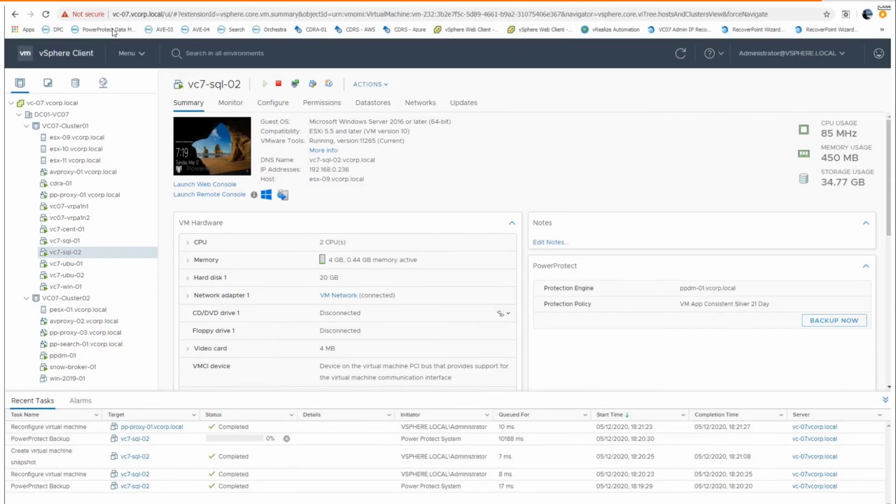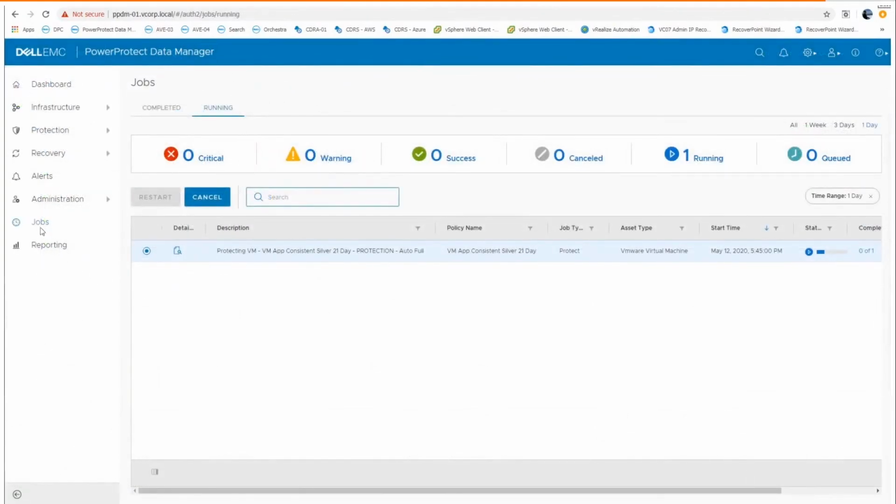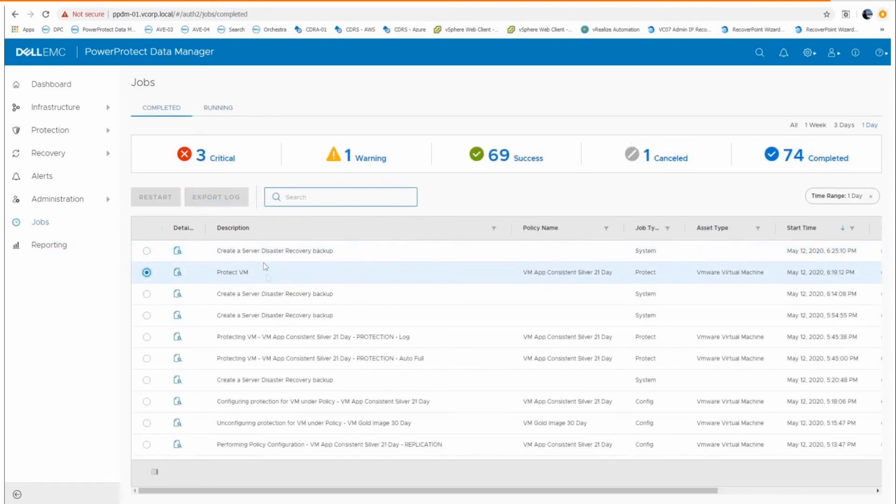And going back to PowerProtect Data Manager, going to the jobs menu, you can also see the job is running. Until it finishes, we can see it here from the completed menu. Once it's completed, you can see there the tag, the date and time wherein that one run. Then going back into the vSphere web client